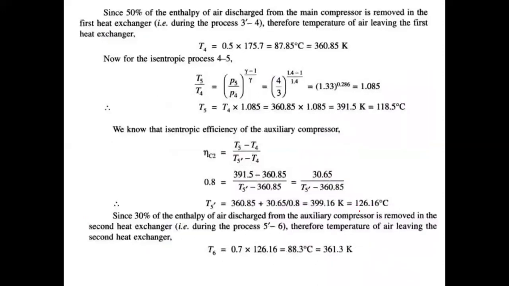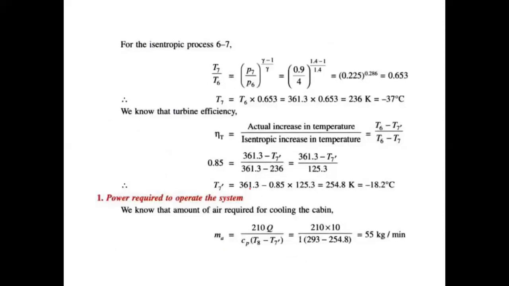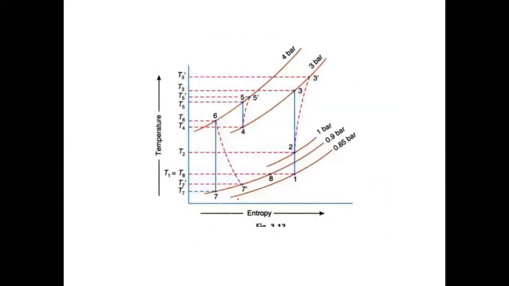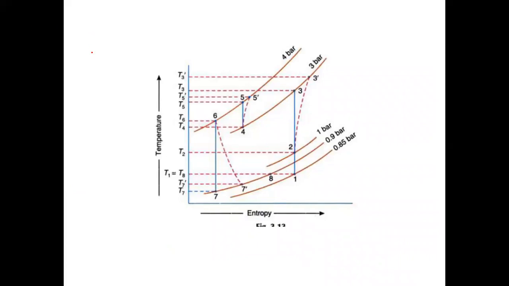इसी तरीके से आपको T5 डैश की वैल्यू फाइंड आउट करना है। तो T5 डैश की वैल्यू आप फाइंड आउट कर लेंगे सेम एफिशिएंसी के फॉर्मूले से। अब इसी तरीके से आपको निकालना है T7 डैश। ये देखिए, आपके पास T6 की वैल्यू है, T7 की वैल्यू है, ईटा की वैल्यू दी है तो आप इससे T7 डैश की वैल्यू फाइंड आउट करेंगे। चलिए, जब आपने सारी वैल्यूज फाइंड आउट कर ली, यहाँ पे सारी वैल्यूज फाइंड आउट कर ली, तो अब आपको वो क्या पूछ रहे हैं,